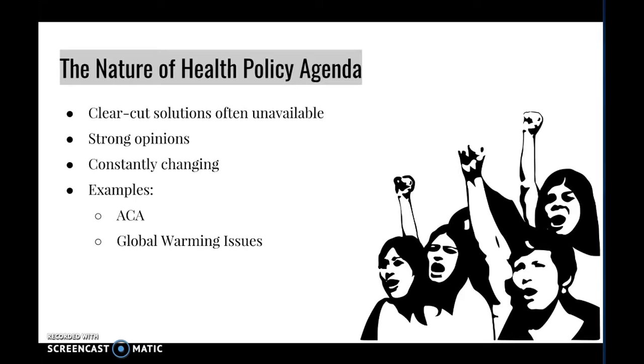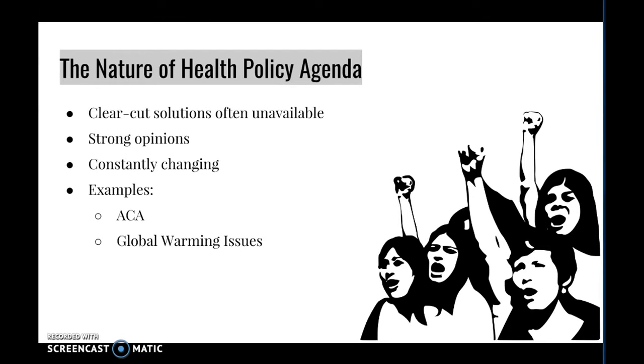Global warming involves similar issues. Some think global warming is a hoax, and the U.S. shouldn't go into more depth to prevent or minimize the damage it has caused, while others believe that the administration and all citizens should do whatever they can to solve the global warming issue. As we can see, setting a health policy agenda is a difficult task and often has multiple solutions, but it should be seen as a window of opportunity for creating new legislation.